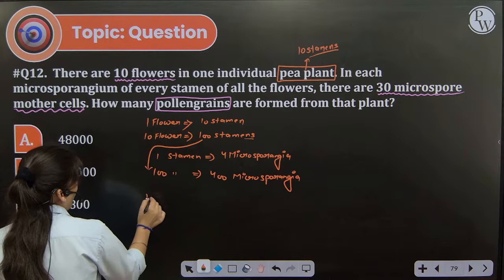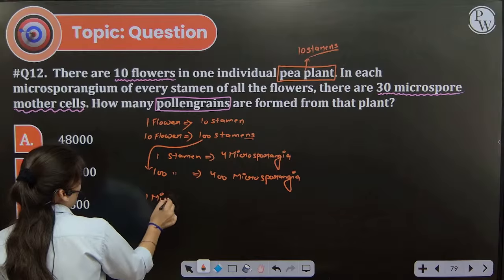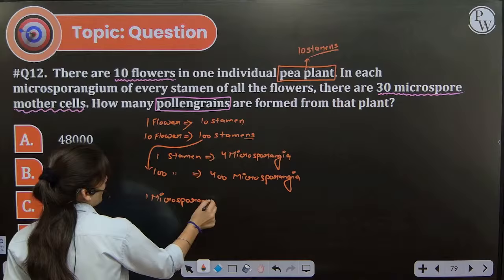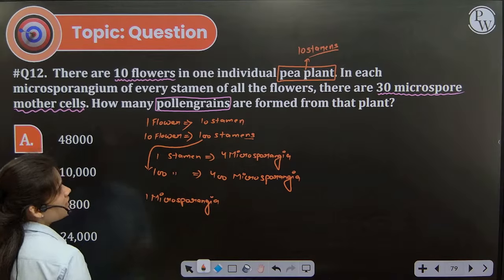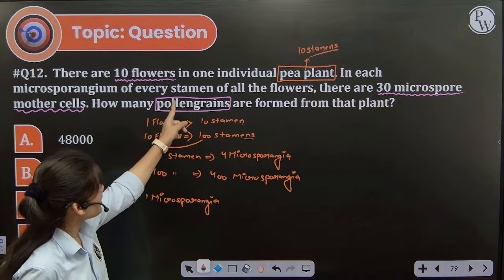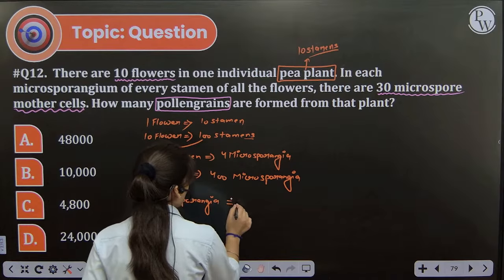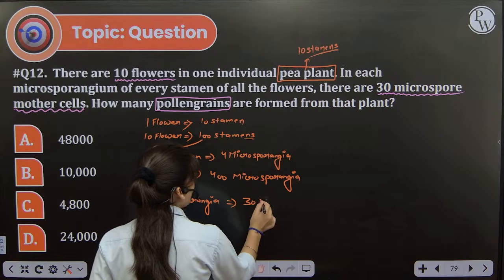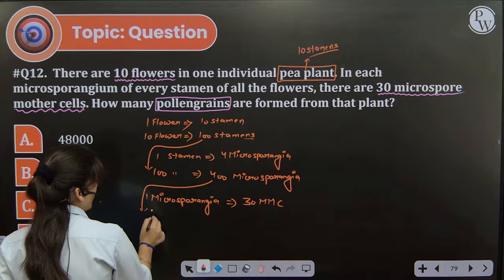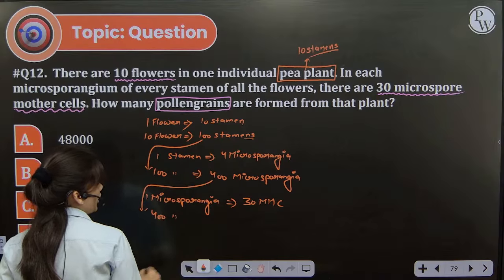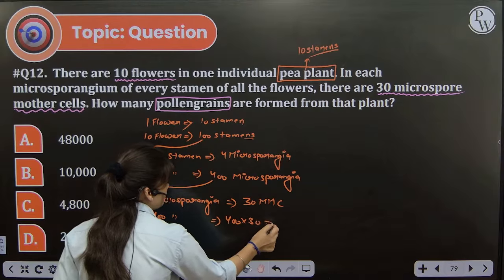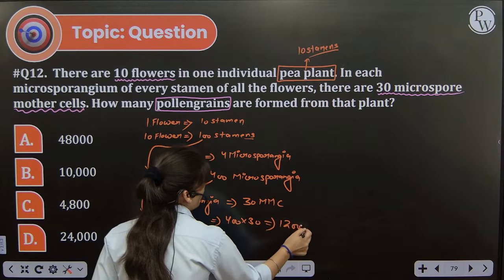One microsporangium has how many microspore mother cells given? 30. Then what about these 400 microsporangia? 400 into 30, that is 12,000